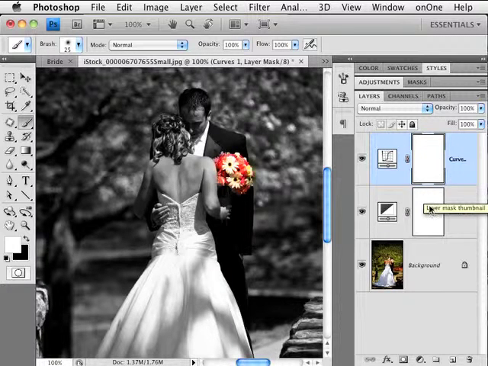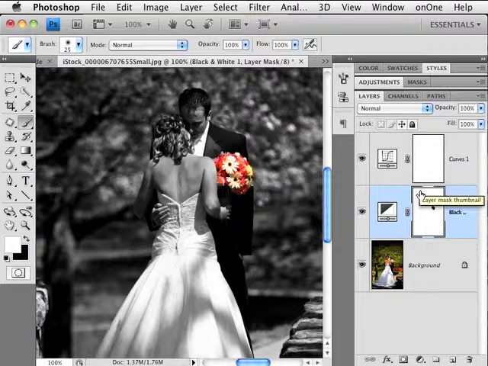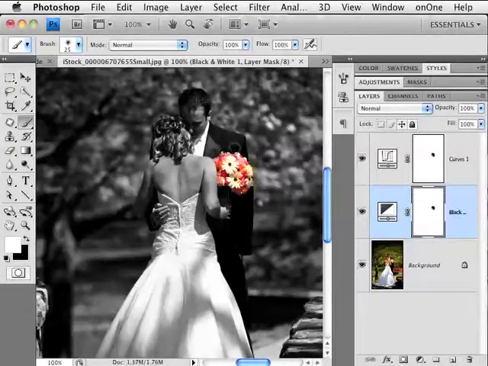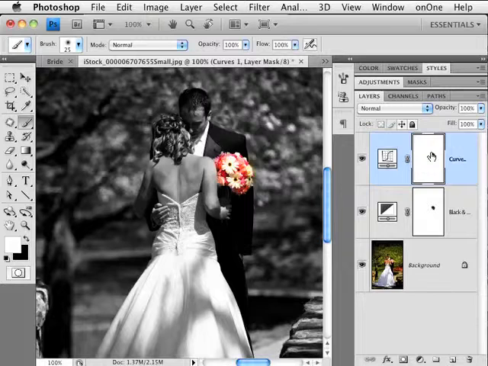So if I want to copy the mask, because I've already spent time creating this mask, I can copy it to this layer just by holding down the Option key on the Mac, the Alt key on the PC, click and drag it. Ask me if I want to replace it. Yes, I do. So it's copied the mask from one layer to another,